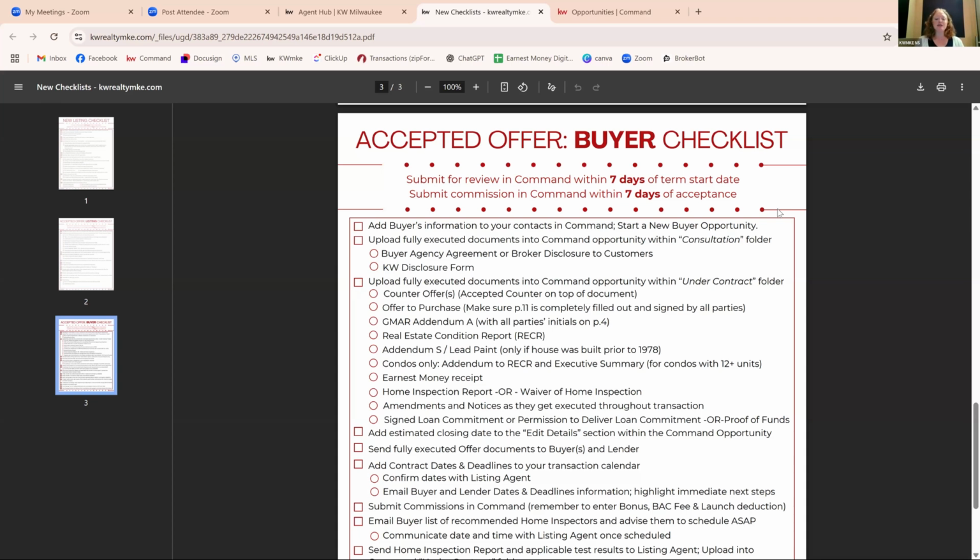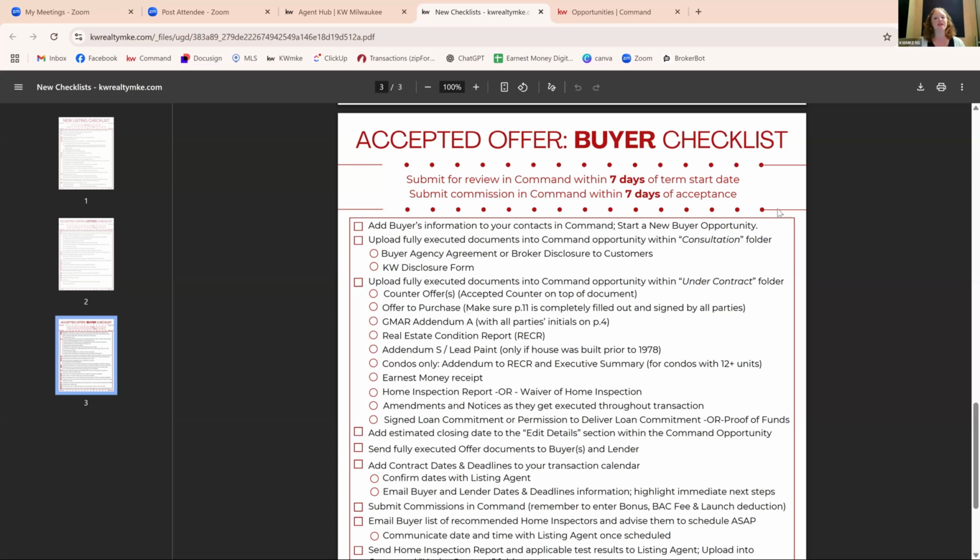You can continue to add documents and resubmit that opportunity to compliance again and again as you go through the transaction. But for that initial upload, we want to see that within 7 days of the accepted offer. So you might not have all the required documents, you might not have all the documents that are actually going to be needed for the transaction, but just upload what you have. It's the only way that our compliance team can even start to review your documents is if you submit them. We cannot just see them on your hard drive. So you have to submit them so we can start reviewing them,